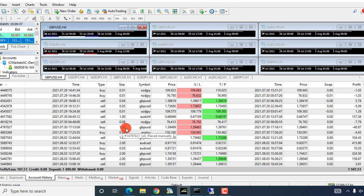The bot was kind of trading for me till this point, but from this point below, I started taking over. I started with Euro JPY, and then I kind of lost it. So if I go to Euro JPY on